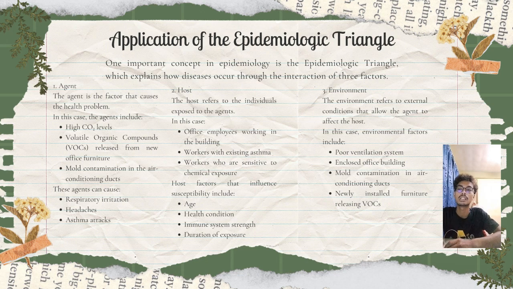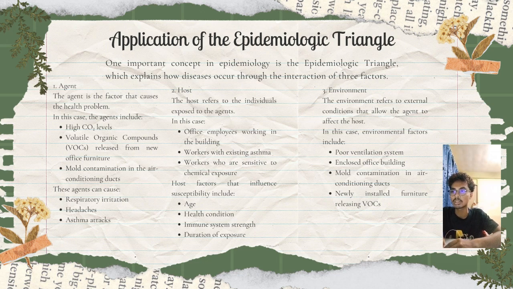Okay, the application of the epidemiologic triangle for this case study. One important concept in epidemiology is the epidemiologic triangle, which explains how disease occurs through the interaction of 3 factors. First, agent. The agent is the factor that causes the health problem. In this case, the agents include high CO2 level,